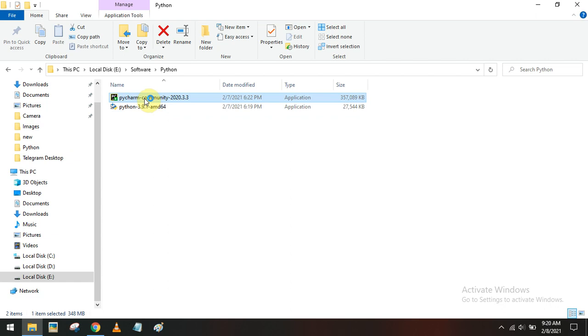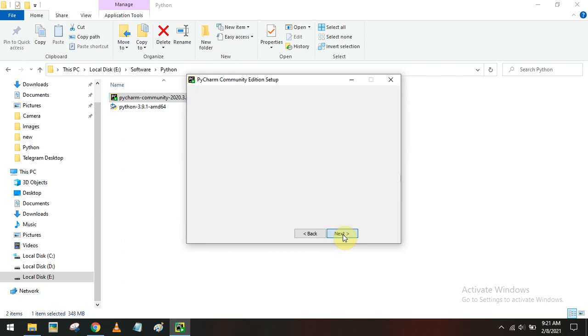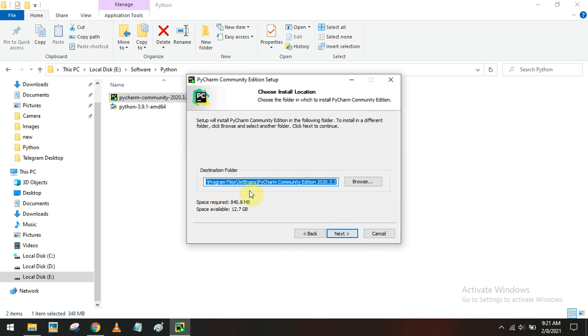Open the PyCharm IDE setup file. Now it starts the installation process. You can click next and you can take the default location. The space required is 840 MB.